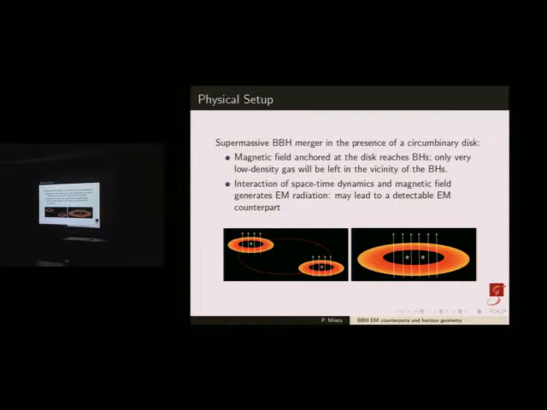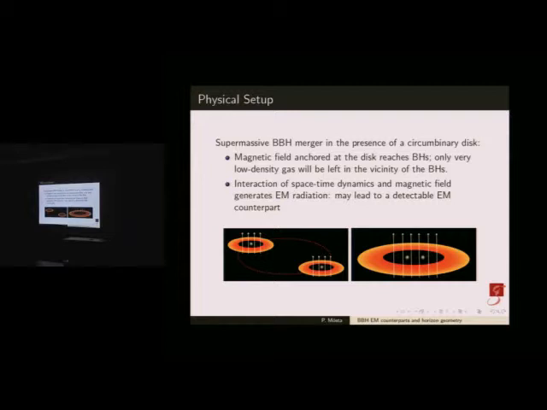At this stage, we form a binary, and any leftover material in the vicinity of the black holes will be expelled. So you form a certain binary disk, and you can model the binary in the center with maybe only very, very low density gas around it. The model we have in mind is a very crude first approximation to this problem: we take the binary and we assume that the